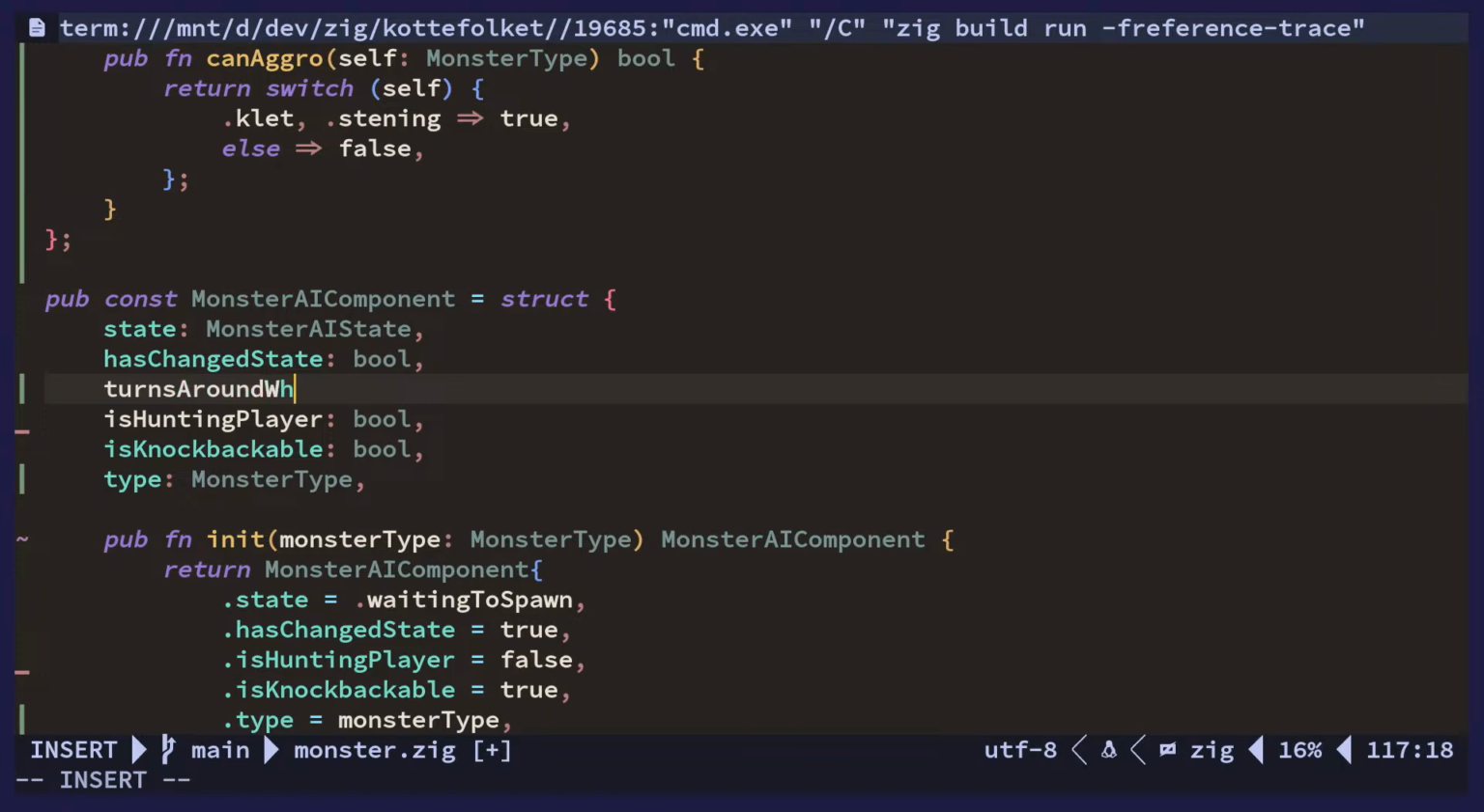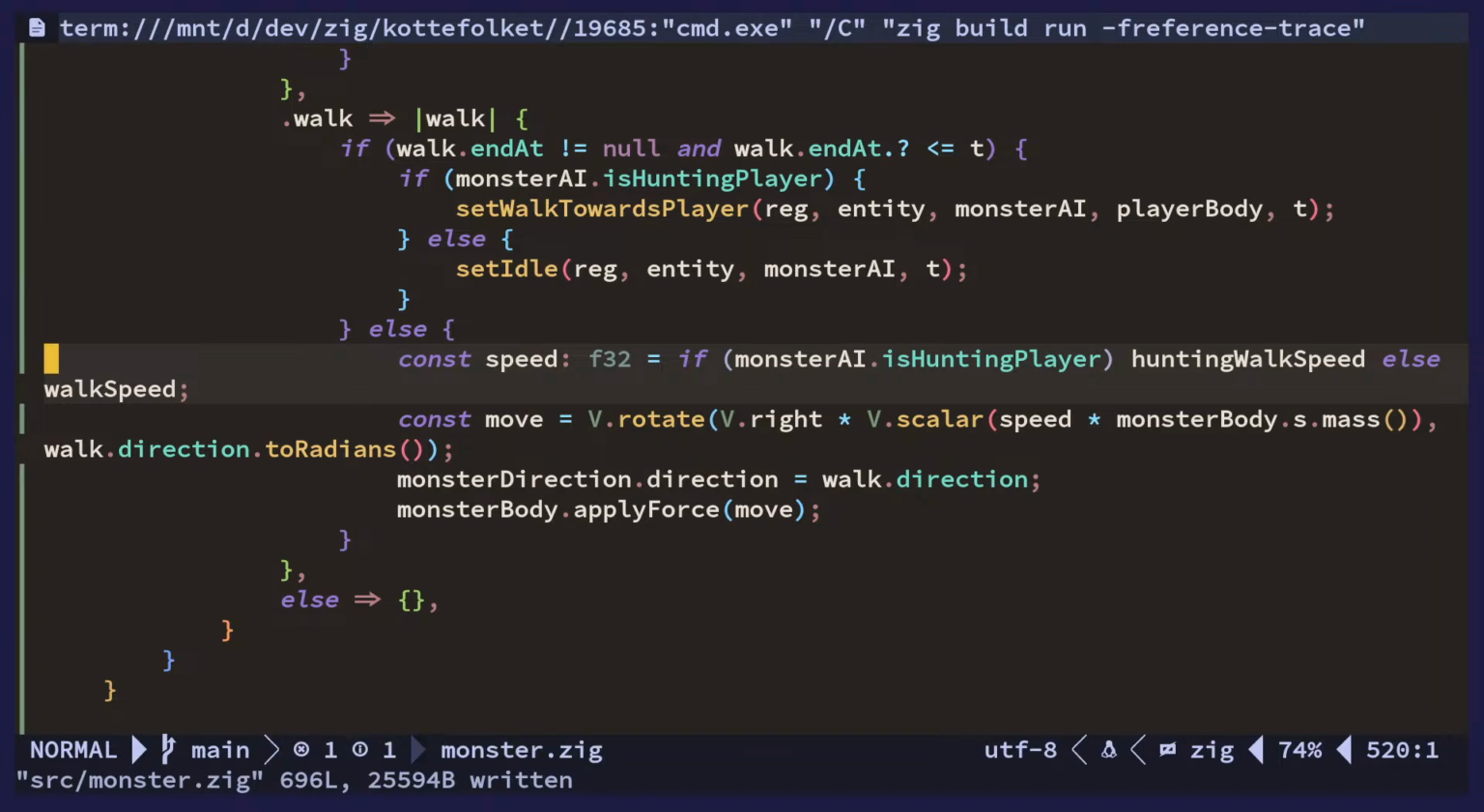Turns around when blocked, I guess. Well, technically you're not blocked at the edge. When blocked or when edge, or at ledge. Okay, I don't know what to call this, but it's basically gonna be this very specific thing for this